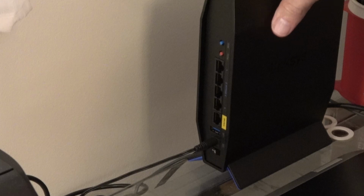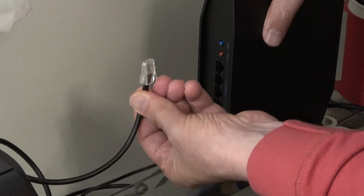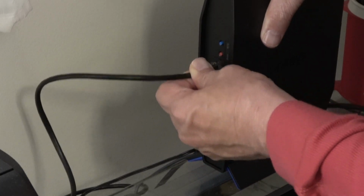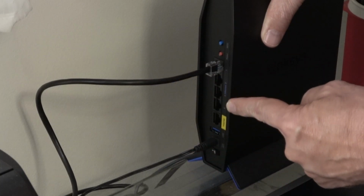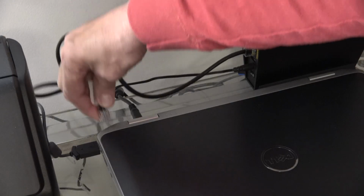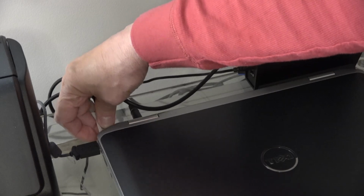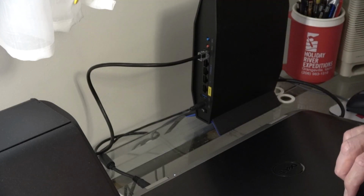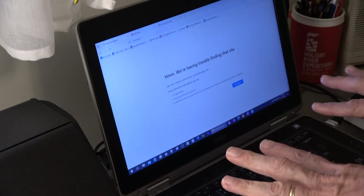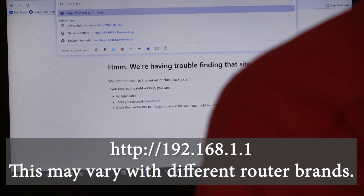Now we take our router, plug it in, turn the power on, take the Ethernet cord and plug it into any of the LAN ports. Those are 1, 2, 3, 4, not the WAN or internet port. Plug that into your computer or laptop. By the way, if you're using a computer that has Wi-Fi, you'll want to switch the Wi-Fi off. And now we dial in